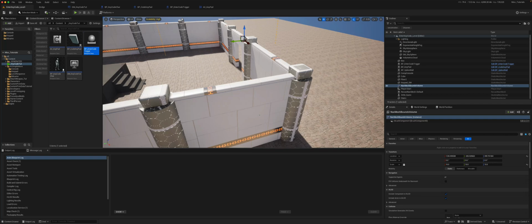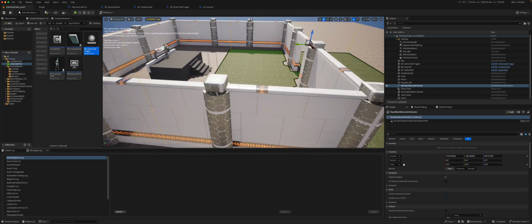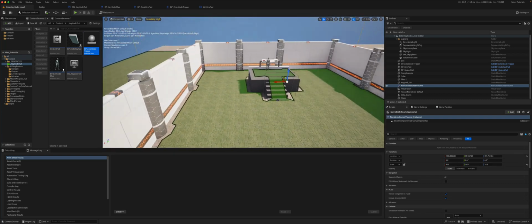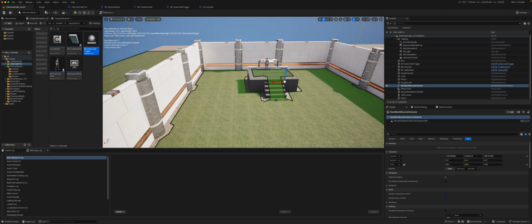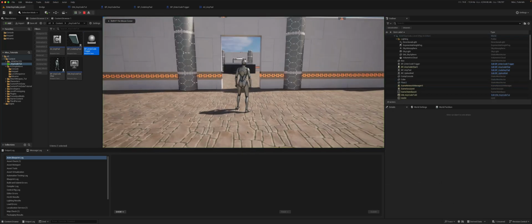Press P to see what it's covering. It's obviously not everything. Move it across, make that bigger, 30, 30. So now it's covering, and there is a navigation link all the way up to the spot where it needs to be. So if we try playing again,